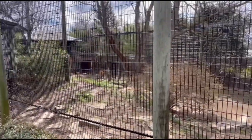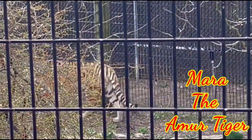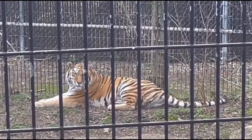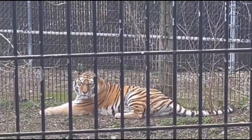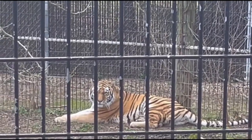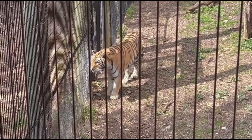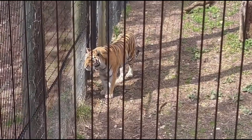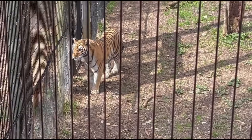But now the smaller exhibit is taken over again by Mara, our oldest female Amur tiger. Mara here is roughly 15 to 16 years old, making her the oldest Amur tiger that we have here at the zoo. Despite her age, Mara is doing extremely well, walking around her enclosure like she normally does, and still eating the meals that the keepers leave for her. She's been here at the zoo since 2011, so this year is her 11th year here at the Columbus